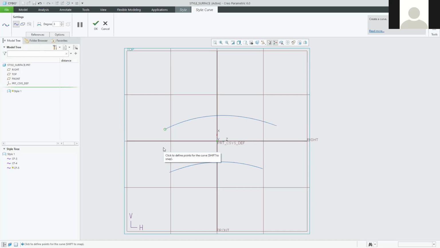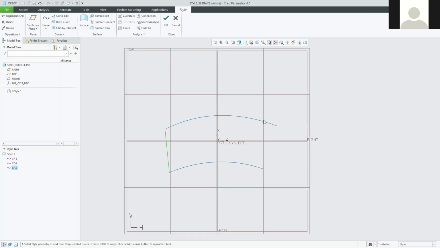So I've still got the Shift key held now, and I'm going to do the same thing on the end of this one. So when the cross shape appears, click, and there, that curve's now been inserted, so I can OK that one. And then I've just got one more to create, so I'm going to do the same thing